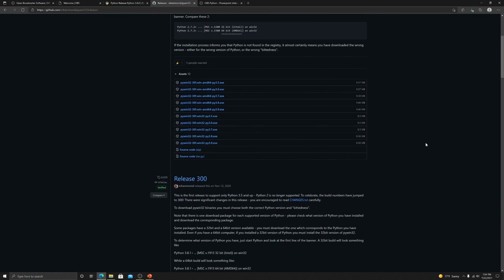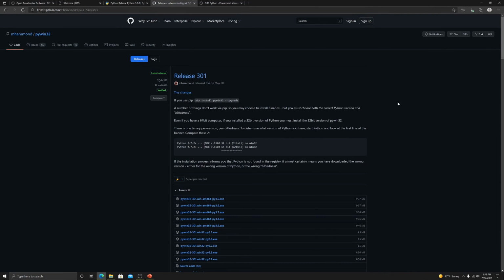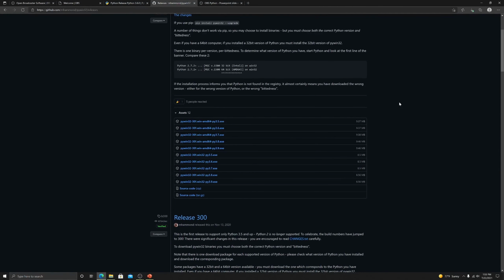and then we need something called Pywin32, and this is going to enable some of the scripting capabilities that you need for Python, so that way they work within OBS. This is found on GitHub, and like I said, I'll put all these links in the description so it's super easy for you guys to find. I'm going to download Py 3.6 exe,